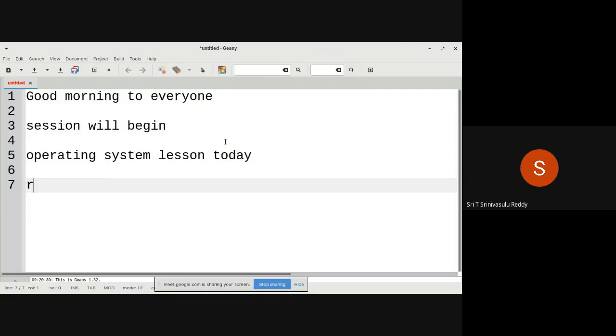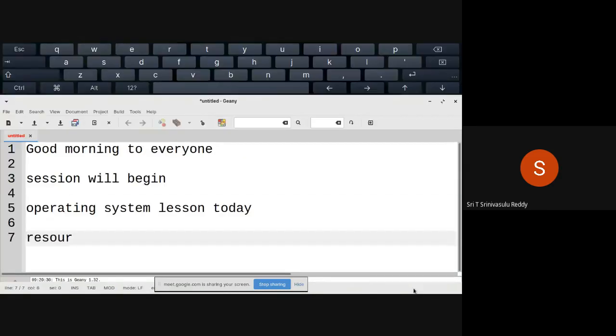Most of you might have already studied this particular thing. There may be some common definitions, but you should not just memorize those common definitions by heart and simply say them without even understanding what they really mean. That's not what we are expecting from all of you. In some textbooks, you probably see that an operating system is nothing but a resource manager. What are the important resources that the operating system manages?